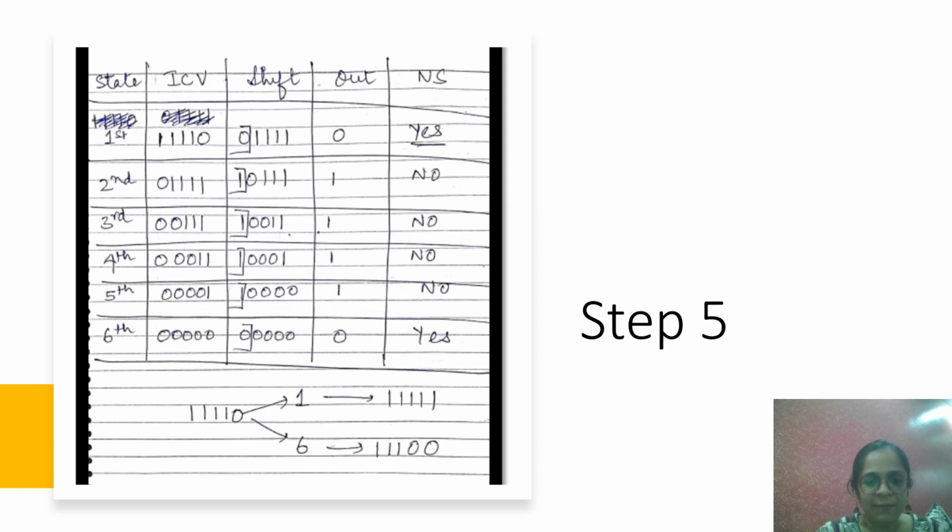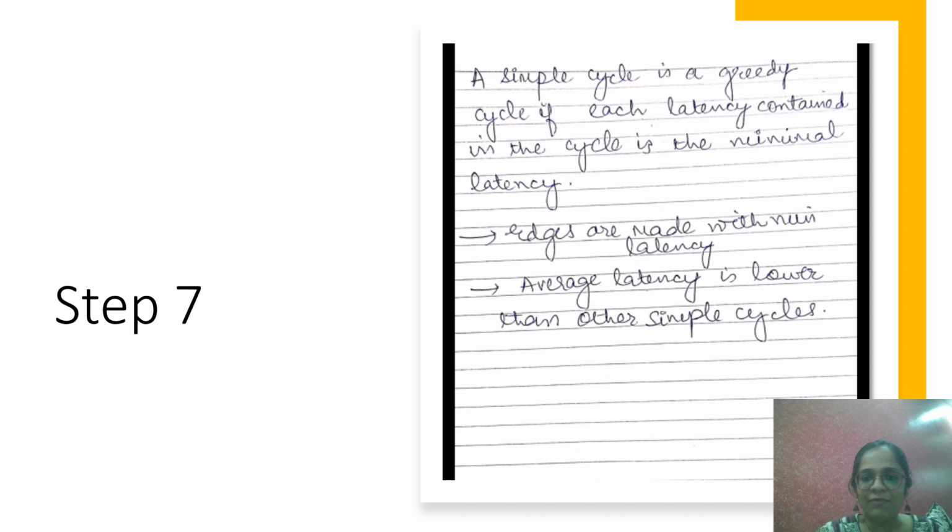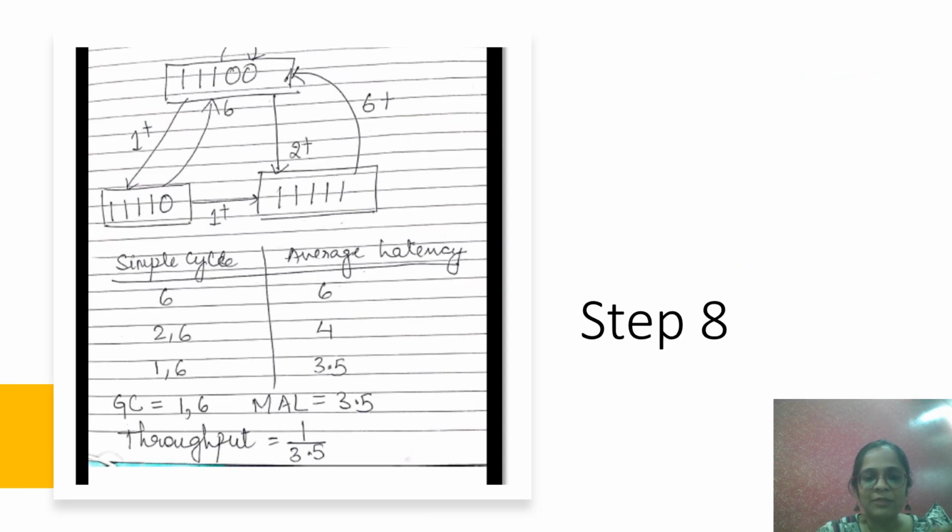Then this is the table that is built with 1, 1, 1, 1, 0. We perform the same steps. The thing that you need to be careful about in this analysis is that for all the yes entries, the shifted value is ORed with the initial collision vector. So this is the sixth step that is done with the initial collision vector 1, 1, 1, 1, 1. Now in the seventh step we have to build the state diagram, which is built by taking the three collision vectors, that is 1, 1, 1, 0, 0, 1, 1, 1, 1, 1 and 1, 1, 1, 1, 0, whose tables were built in the previous slides, and then we specify their movement with the values they have in the yes vector.